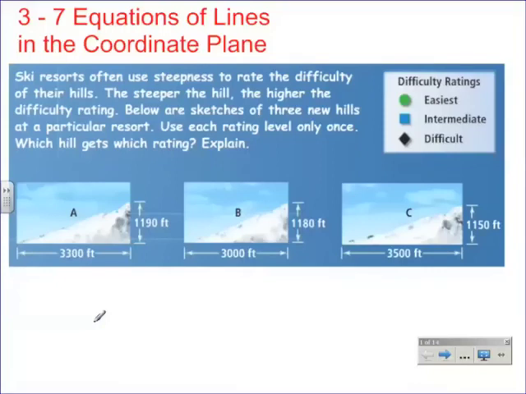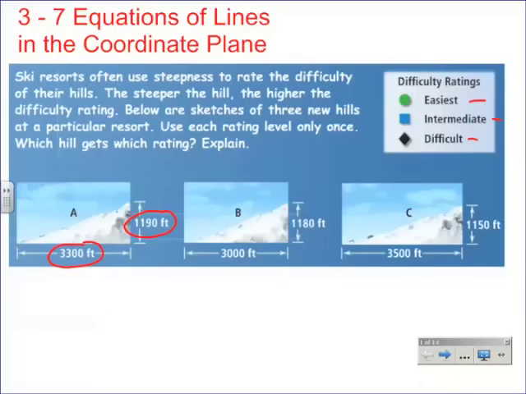So here's the introduction, talking about ski resorts and how steep the slope is in terms of what you would be skiing down. In each one of these drawings there is a number that shows the rise, and there's also a number that shows the run. So the rise is the distance that it goes up and down, the run is the distance that it changes left and right. So we're going to use the ratings here, easiest, intermediate, and difficult, for the ski slopes, to